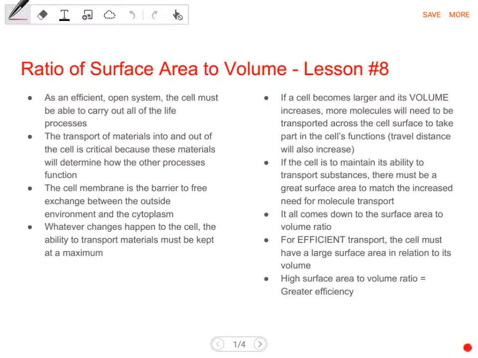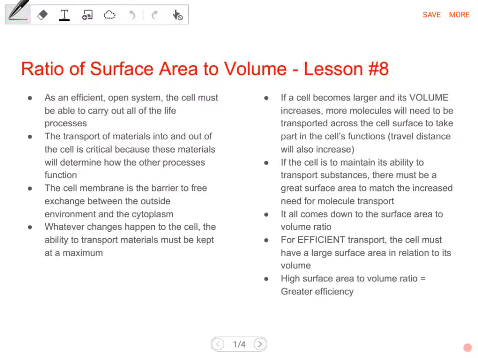Okay, now we're going to move on to more of a calculation area of the course. It's called the ratio of surface area to volume. My purpose here is, what you're finding with a lot of this course, simple notes, reading the textbook seems to be sufficient. There is a property with cells where you really need to consider the efficiency, and it says here,